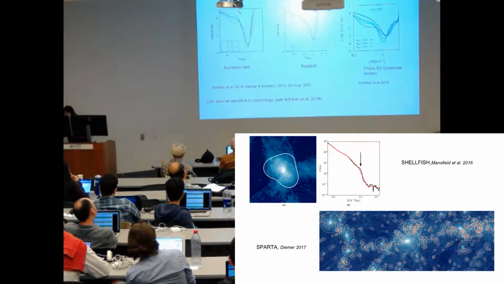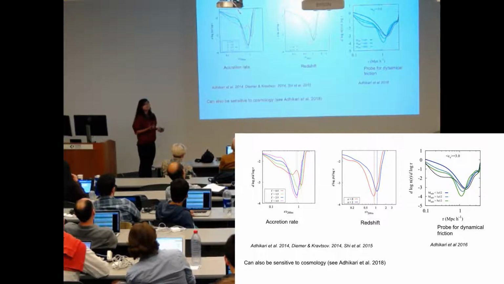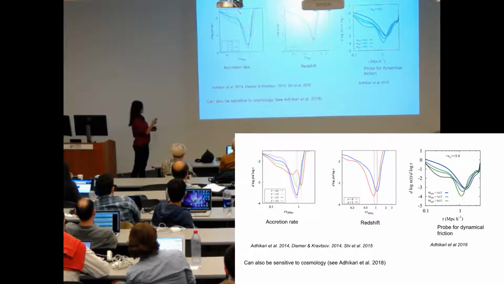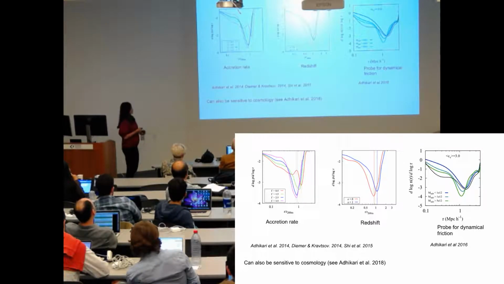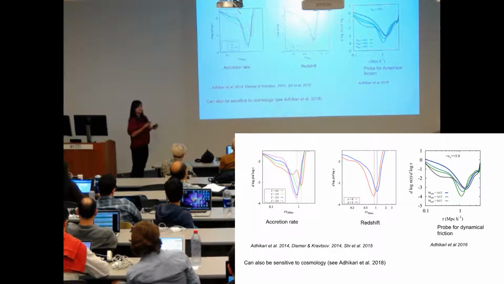However, in a spherically averaged sense, in the simplest way, the main feature that we find the splashback radius follows is that it is largely a function of the accretion rate of the halo. So the faster the halo is growing, the smaller the splashback radius is. It is also a function, when scaled by the background matter density, of when the halo formed, or rather the redshift at which the halo formed, which basically tells you how the background universe was expanding, and relatively the location of splashback could change.